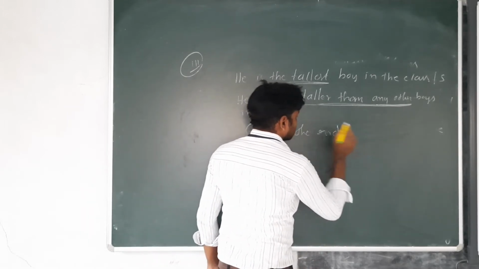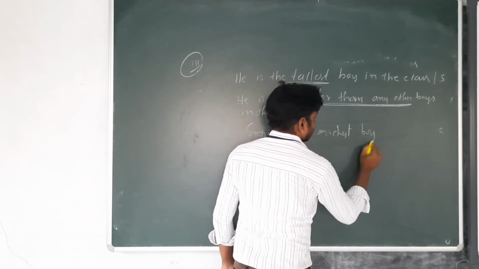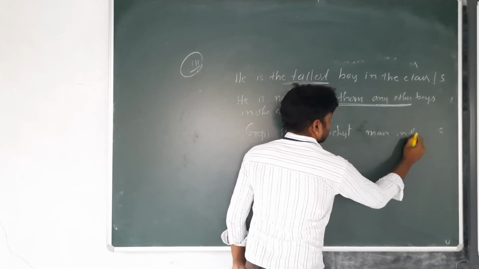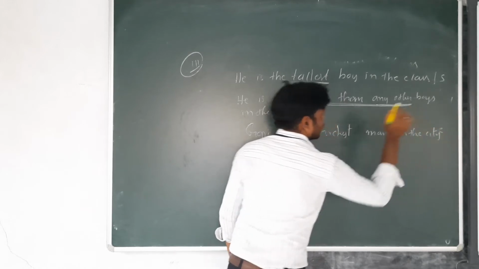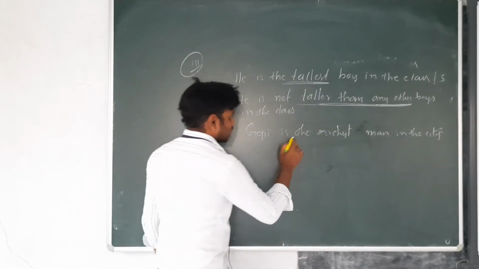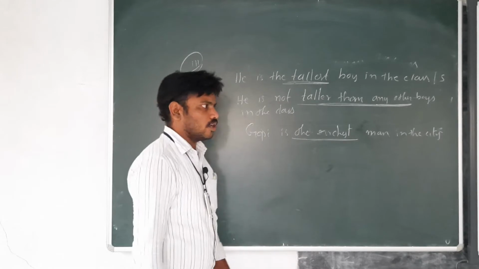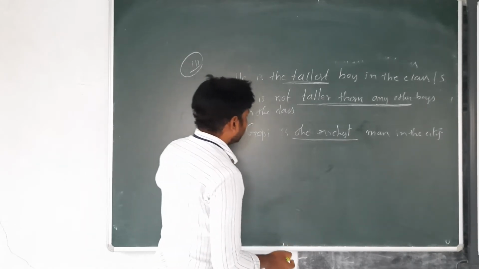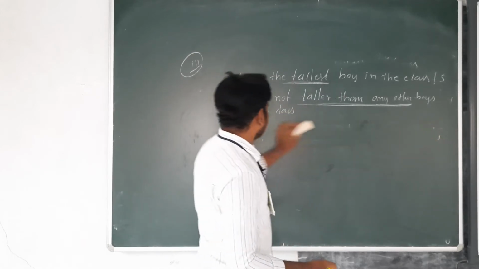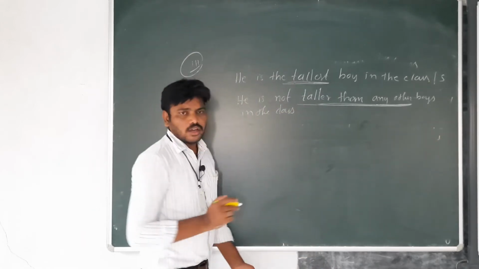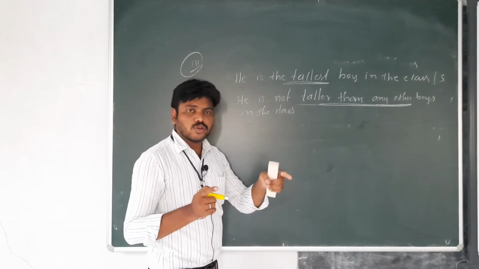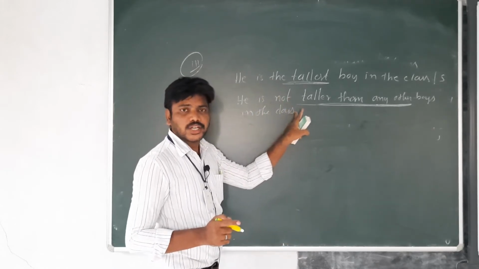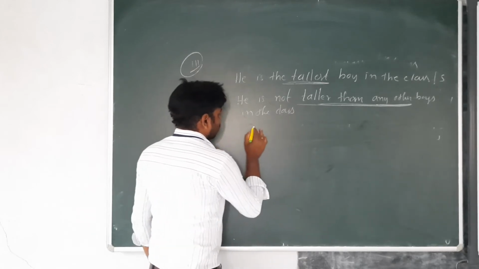Gopi is the richest man in the city. For example, the richest, again here, superlative degree. So again we can write this. Now let us see how to change positive. This is the superlative, this is a comparative, this one is